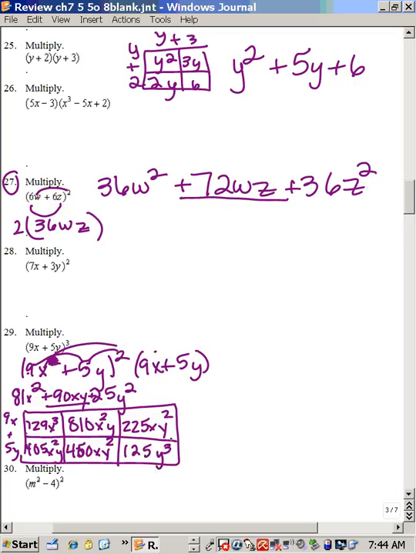Now, combining like terms on all of these different terms, we're going to end up with